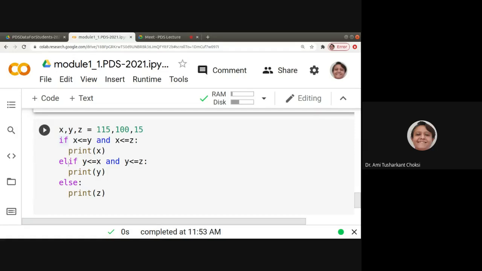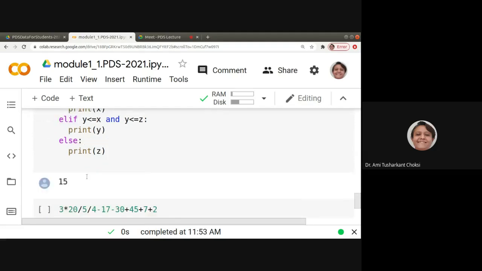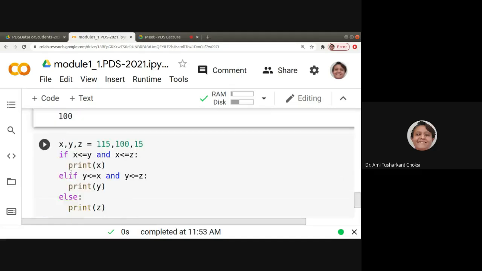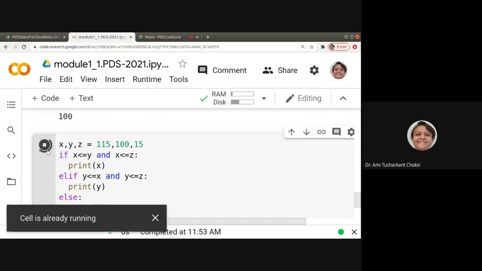are using elif. So what we do is, if x is less than or equal to y and x is less than or equal to z, print x, and elif y is less than or equal to x and y is less than or equal to z, print y, else print z, right? So if we run this,